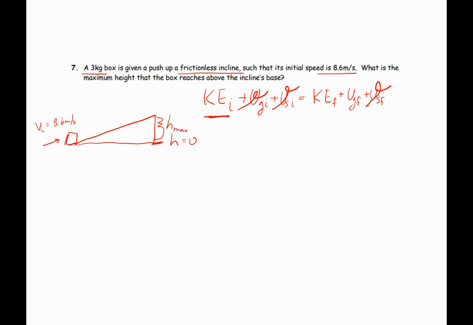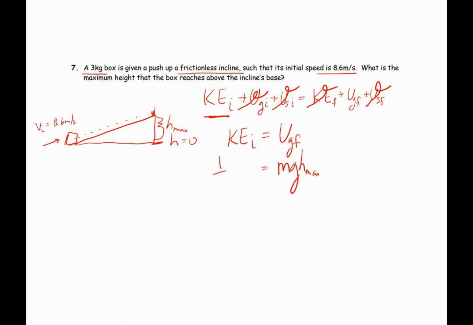Then you push the box up, and as you push the box up, it's coming up this ramp, and it goes to its maximum height. At its maximum height, it stops. And so therefore, we don't have our kinetic energy. So we have our kinetic energy initial is equal to our gravitational potential energy final. We're being asked, what is our maximum height? So we have mgh max